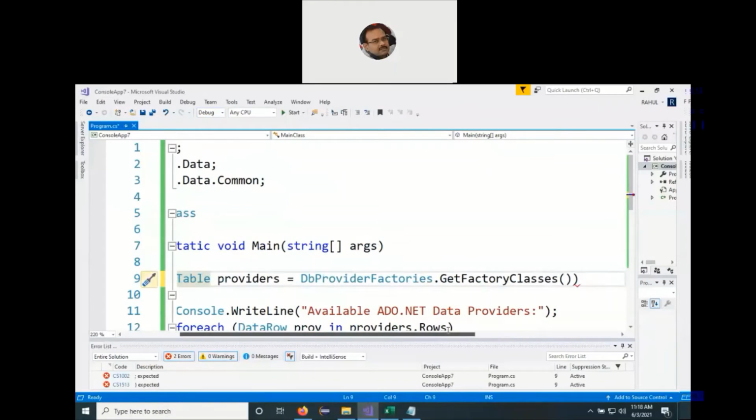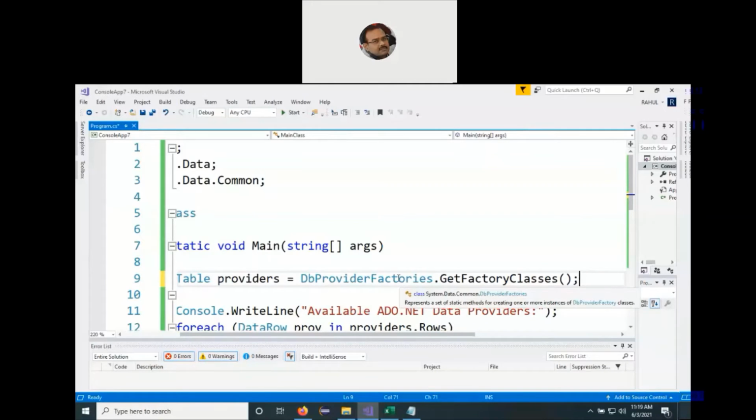We are invoking a function called GetFactoryClasses of the DbProviderFactories class. So this is a class that contains information about all the database providers. That is why the name itself is database provider factories. Again, if you remember the server side programming, we have something like a connection factory. We have connection pooling. So in the connection factory, we have a huge number of connections which can be facilitated from the front end to the back end.